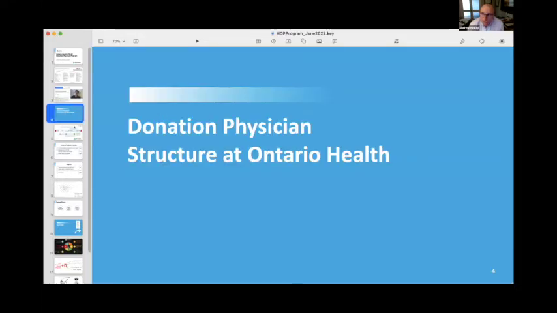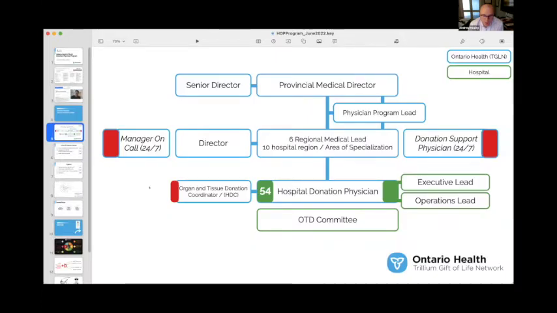So I'll give you a sense of the structure, and then I'm happy to take questions about where things are at the moment. So this is what the structure looks like. So the provincial medical director currently sits with the senior director, Jan McLean, who are structurally supported by a physician program lead who is a nurse and is a full-time equivalent in the office. I'm compensated for about 8 days a month of protected time. And then under or with me, I have 6 very talented regional medical leads who look after about 10 hospitals each